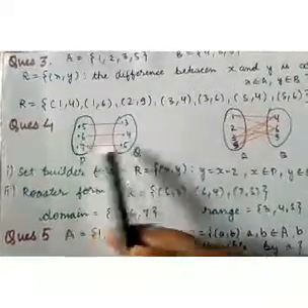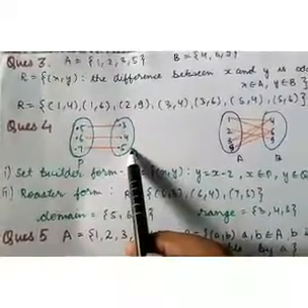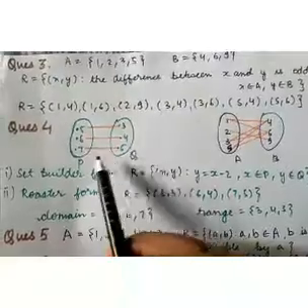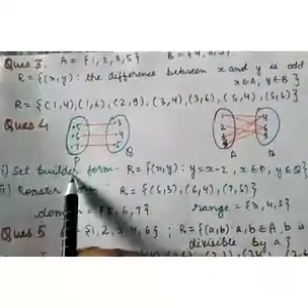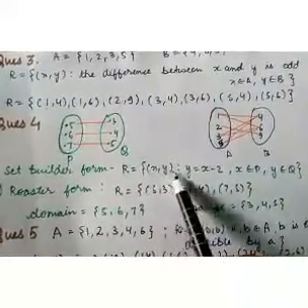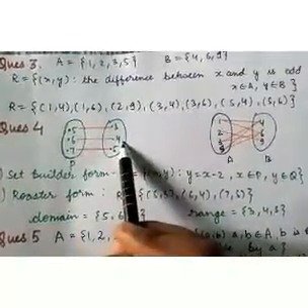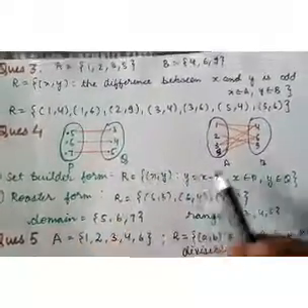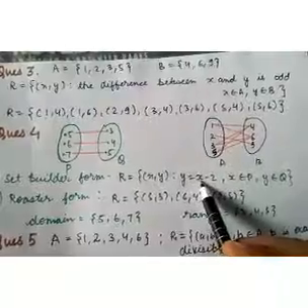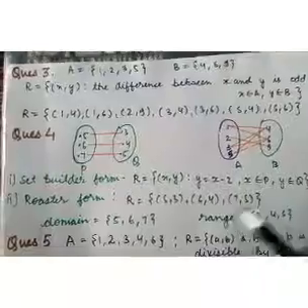Now question number 4 is we have been given these two sets P and Q, and the relationship between these sets is given. We have to write this relation in set builder form and roster form. So first we will have R is equal to x, y ordered pair such that y is equal to x minus 2. 5 minus 2 is 3, 6 minus 2 is 4, 7 minus 2 is 5. The relation will be y equals x minus 2, where x belongs to P and y belongs to Q.